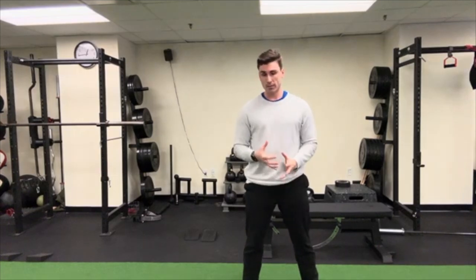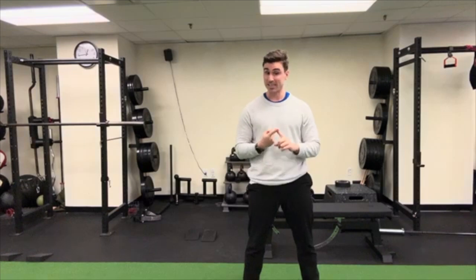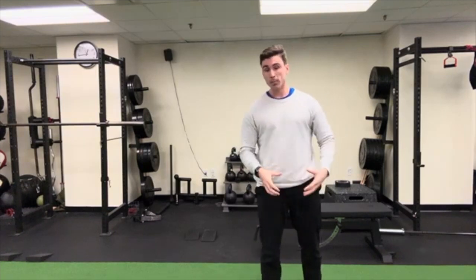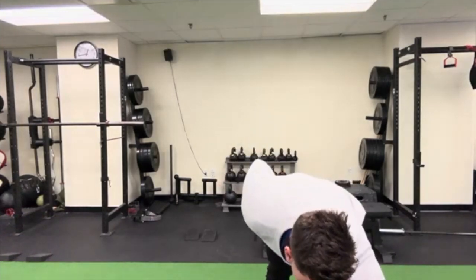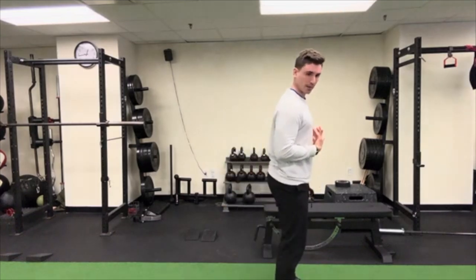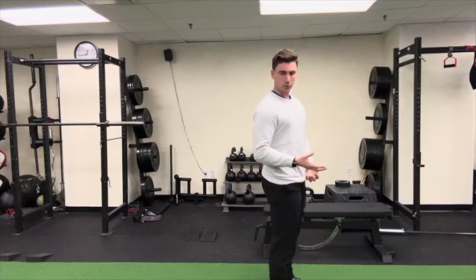I think this is a really great exercise, but you need to practice technique first, okay? So I would nail this with very light weight before you move on to heavier weight. I'm just gonna let a few more folks in. So if this bothers your back, this Romanian deadlift looks like this, what I would recommend doing is, one,